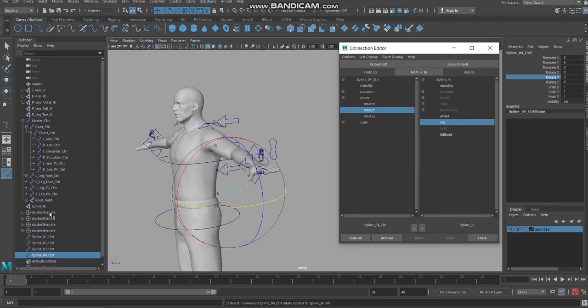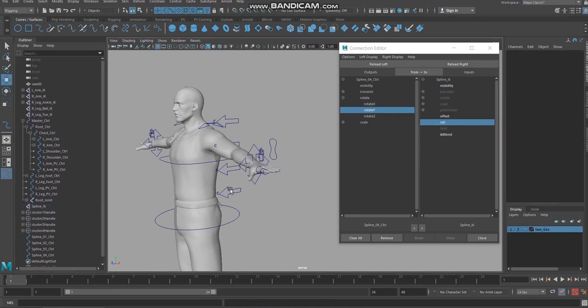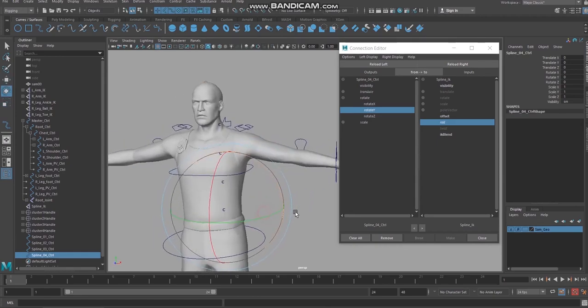Okay, when you select the spline IK, you can see the roll is getting some input. Now when I select it and try to roll it, rotate it, you can see the entire body, the roll is happening. Okay, this is how